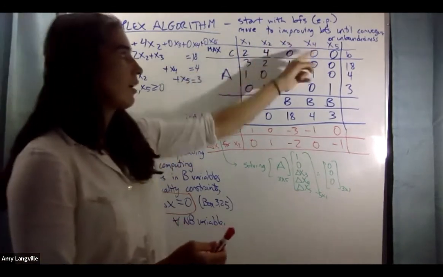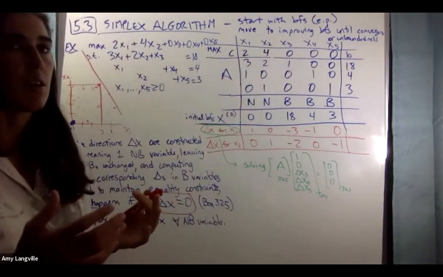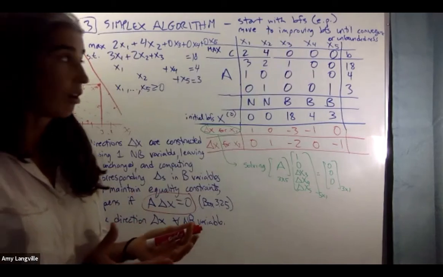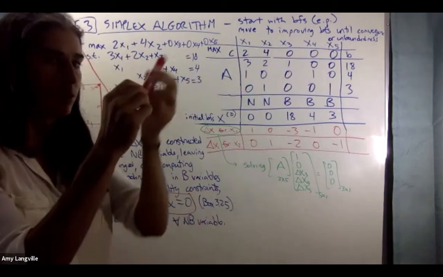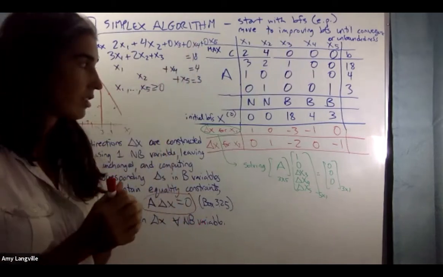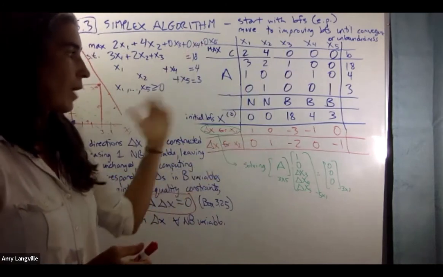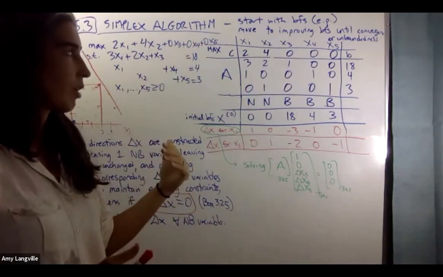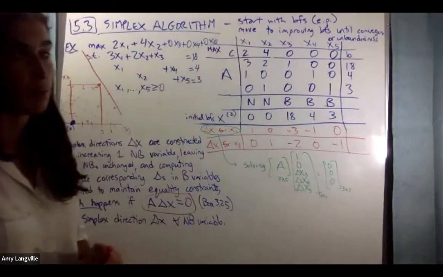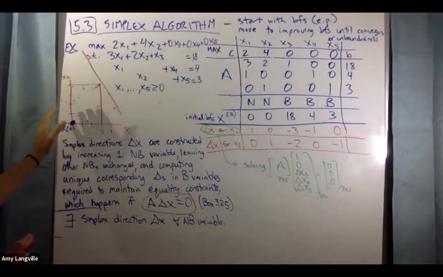We're actually in 5-dimensional space on the standard form problem once we've added our auxiliary variables. So we're in higher dimensional space. We really can't visualize it. But if we go back to the original space, the original problem only had 2 variables, x1 and x2. So this was our feasible region. Well, let's think about what our